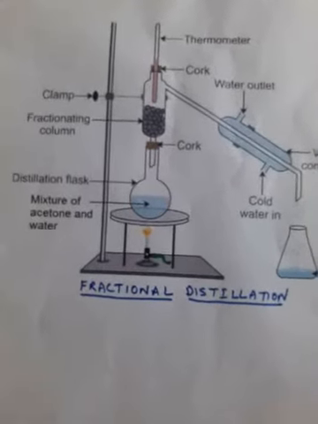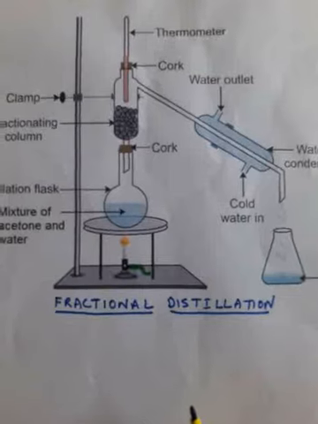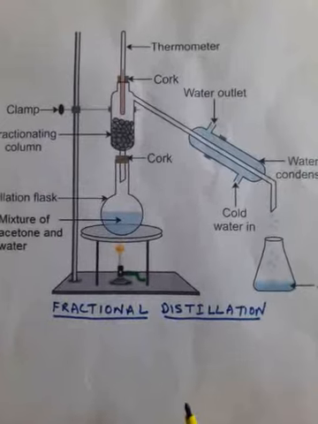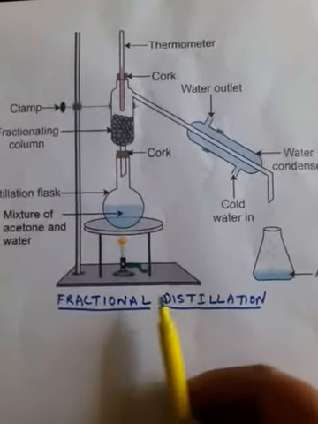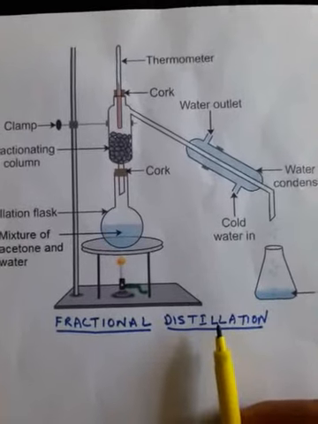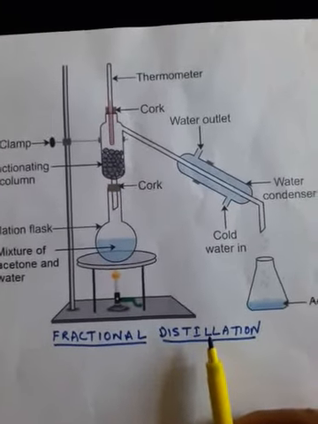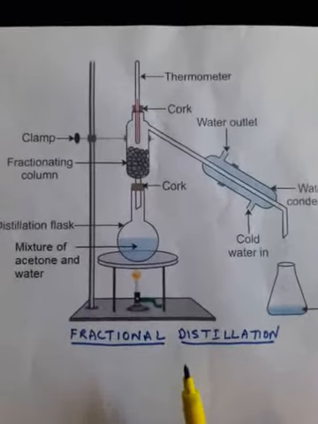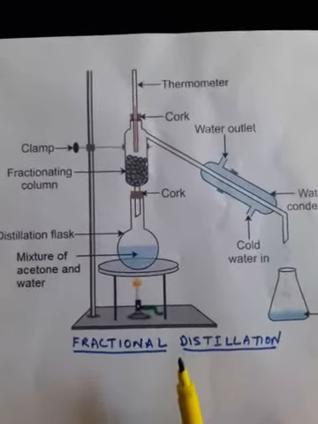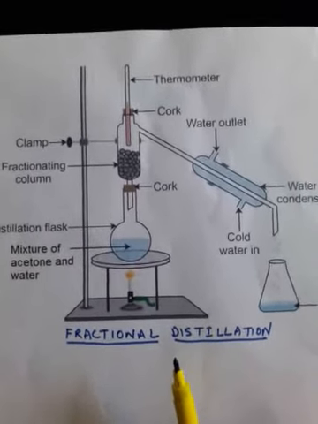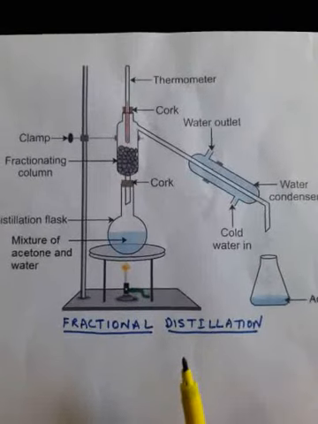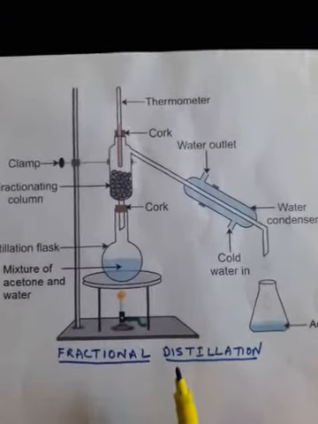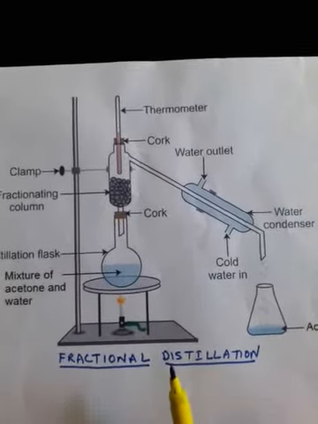Yes, students, to separate a mixture of two or more miscible liquids for which the difference in boiling points is less than 25 Kelvin, the fractional distillation process is done. For example, it is done to separate the different gases from air. As you all know, air is a mixture of so many gases: nitrogen, oxygen, carbon dioxide, argon, etc. And it is also done to separate the different products from petroleum.